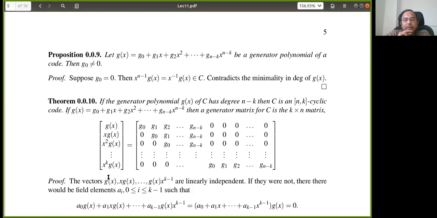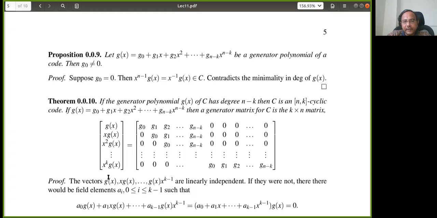What is the degree of the polynomial x power k minus 1 into g of x? K minus 1. Yeah, Karnika, go ahead. What happened, Karnika? So n minus 1. N minus 1, right? That is what you want to say, Karnika? Sir, I have a doubt here. So doubt ke baad mein, just to complete this question, we'll go to that.